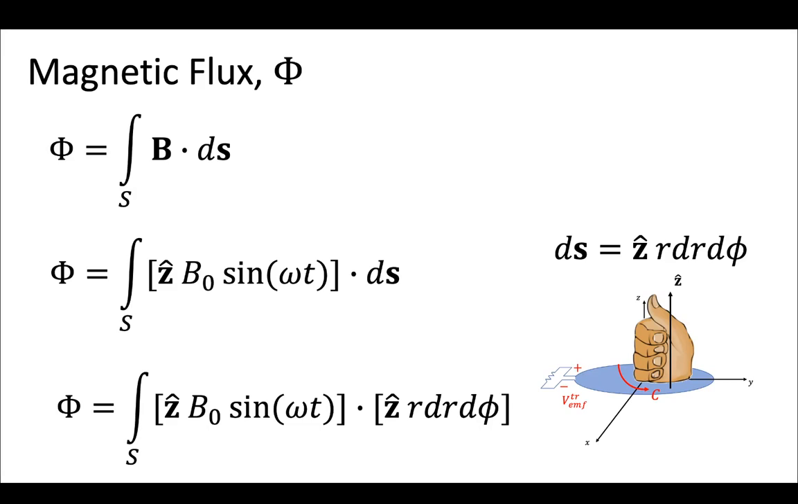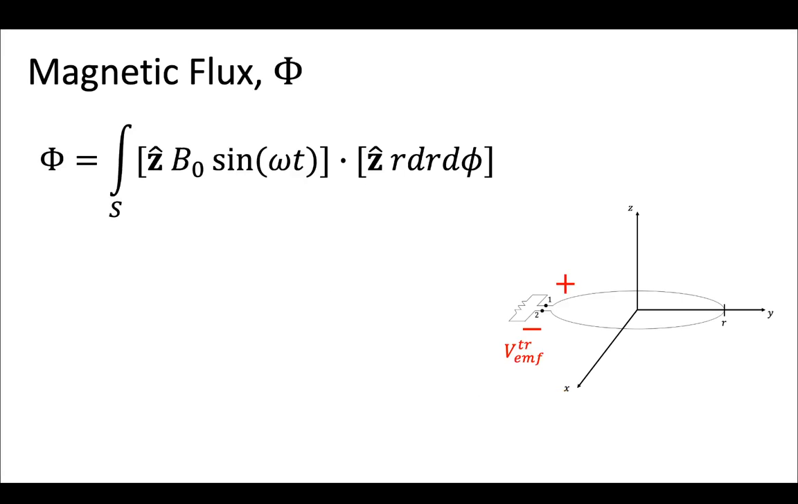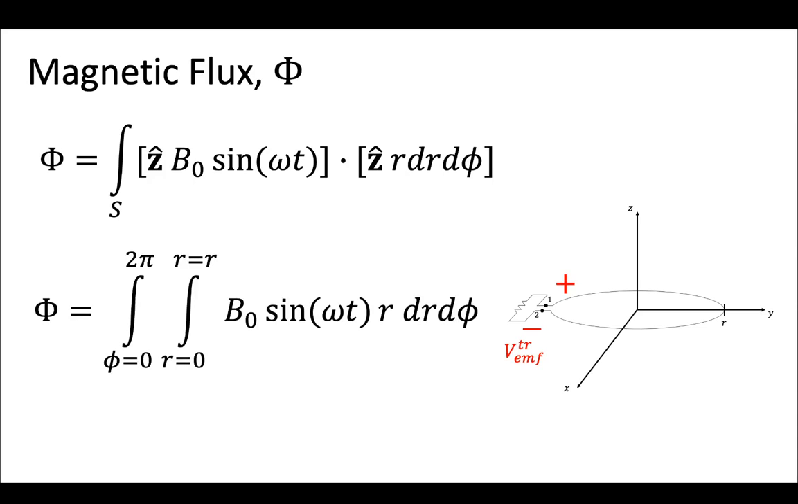So this means that our magnetic flux integral is going to be this equation at the bottom. And now that we have this magnetic flux, we're going to take this surface integral. We're going to need to integrate over dr and d phi, and in r, we're going to be integrating from 0 to r, and in the phi direction, we're going to be integrating from 0 to 2 pi in order to